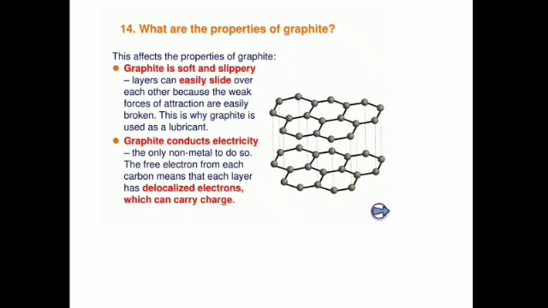Then you can go through the differences between diamond and graphite, that is, you can go through the table on page number 131, figure 9 table 9.2. Then moving on to the next allotrope, that is fullerene. So fullerene is the third crystalline form of carbon. They are a large number of carbon atoms held together in a cage like structure, which you can see over here, forming a cage like structure in fullerene.